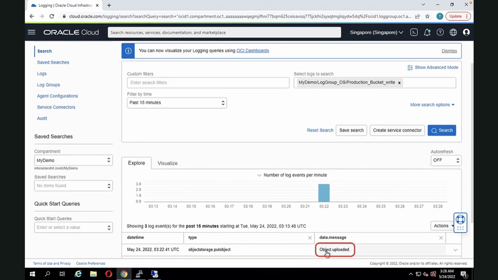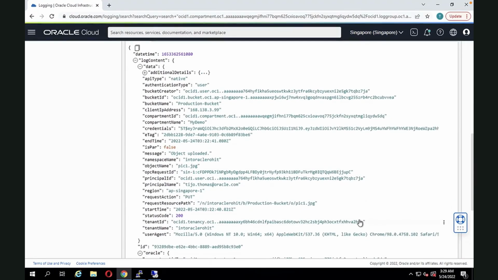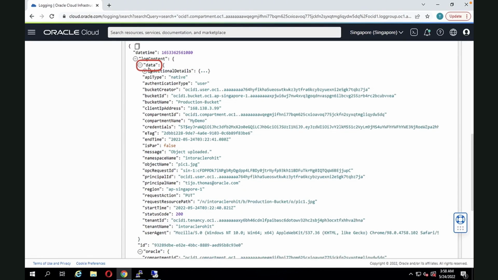I can see there is a log line that says the object has been uploaded. Click on the log line to see the data in a JSON format. There are 3 different sections in a log line. The data section is the most important section in a log. You have multiple key value pairs, and in this case you can see the name of the bucket, which is production bucket, the client IP address, which is the IP address from where the object was